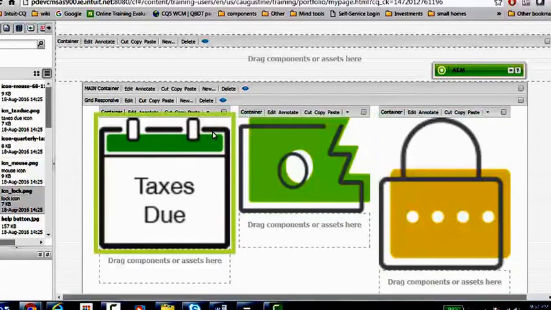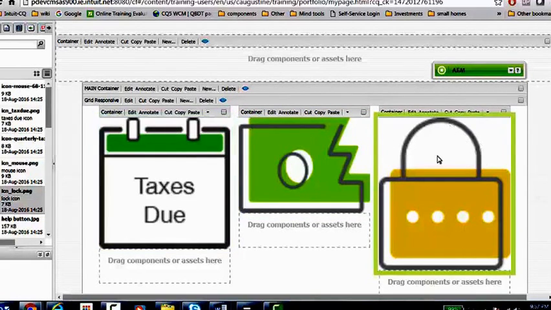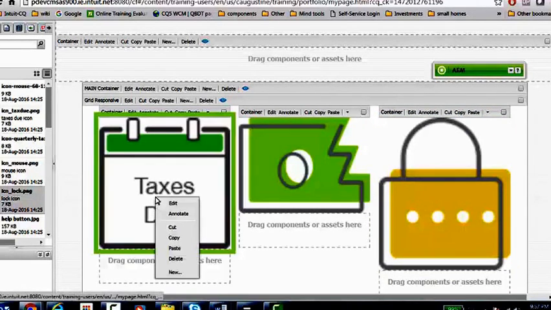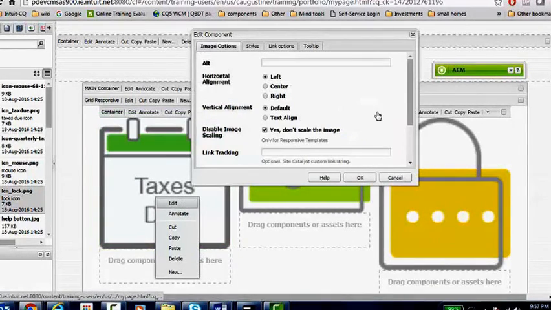You can already see this isn't as crisp as it should be, and you've got some jagged edges here. So let's take a look at a couple of different things here. So we're going to just, within the component, right click, we'll click Edit. And as it relates to images,